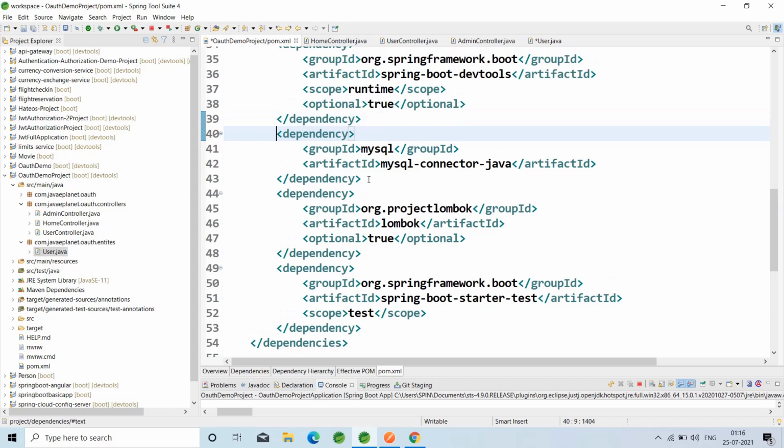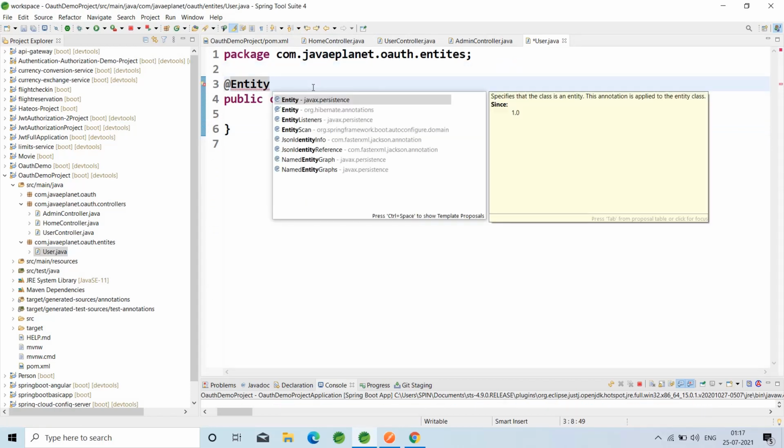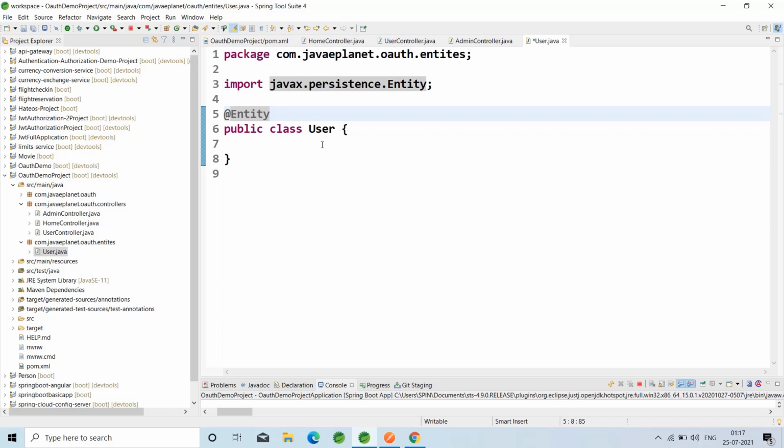Control shift format and control save. Entity, which from the Java is not persistent. After that, write the attributes.